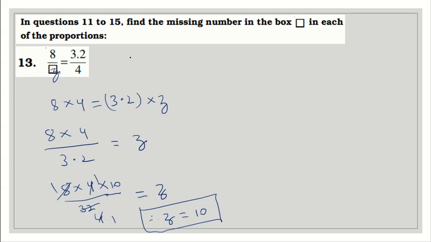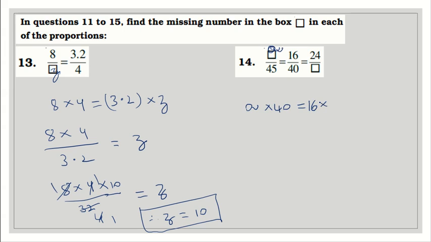Now coming to the next question, 14. Question 14 has two fill in the blanks, or two boxes, where the first one is box upon 45 equals 16 by 40. We shall solve that by assuming this missing number as A. Therefore, A into 40 equals 16 into 45. Now I am transposing 40 to the other side. So 16 into 45,